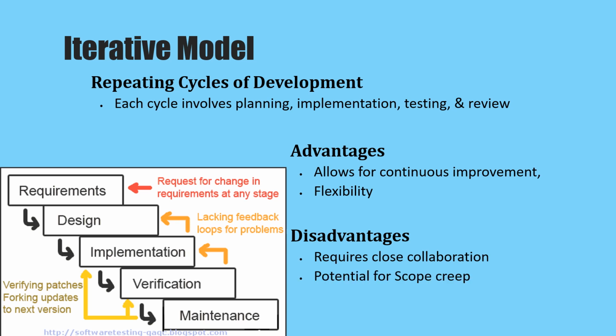Disadvantages: require close collaboration and potential for scope creep. Successful implementation of the iterative model requires close collaboration between the development teams and stakeholders. This ensures that feedback is effectively gathered and incorporated into each iteration. Potential for scope creep: the iterative approach may lead to scope creep if not carefully managed. Continuous addition of new features and functionalities may expand the project beyond its original scope, resulting in increased time and